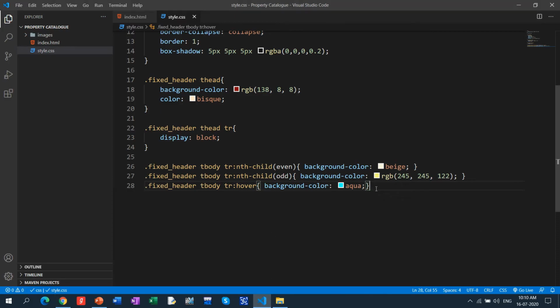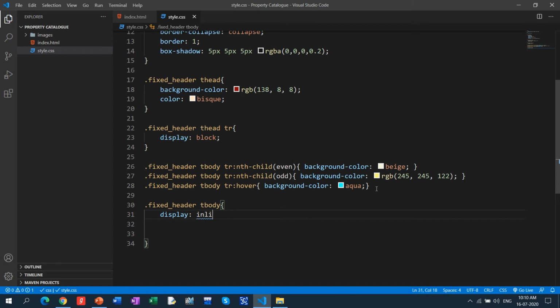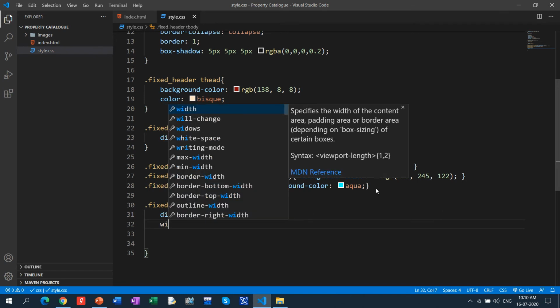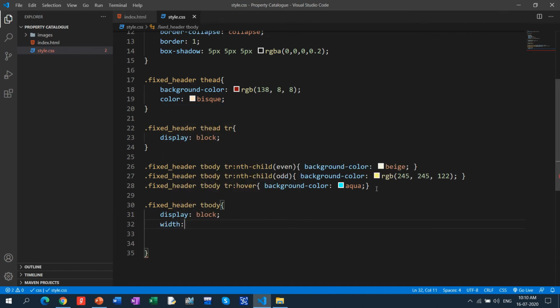Done. Then again, we have the fixed heading, T body, right? Fixed header, T body. In case of T body, some changing or additional information is required. First of all, display needs to be block. Another thing is width.